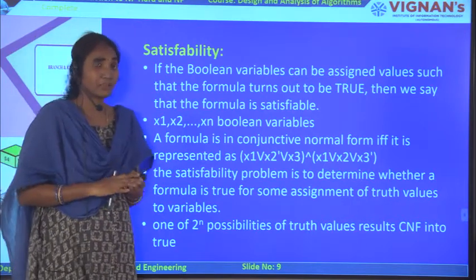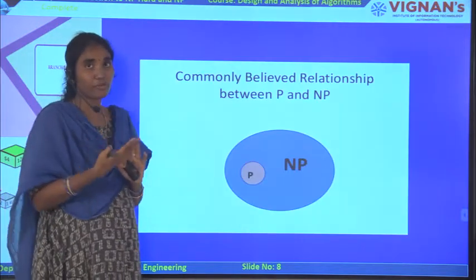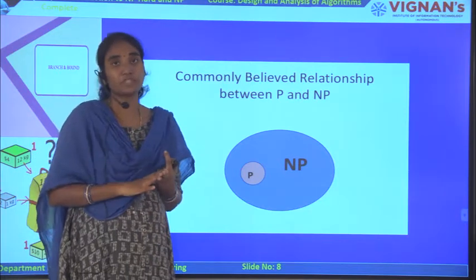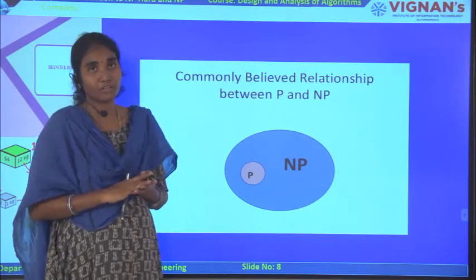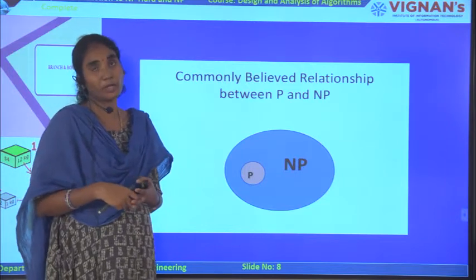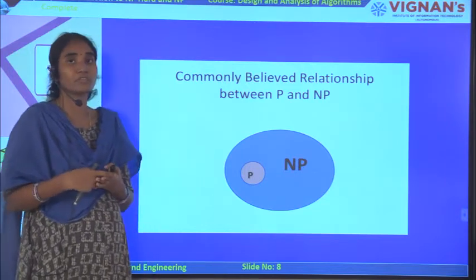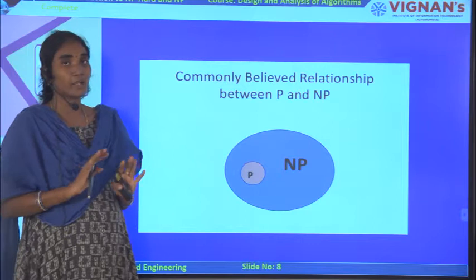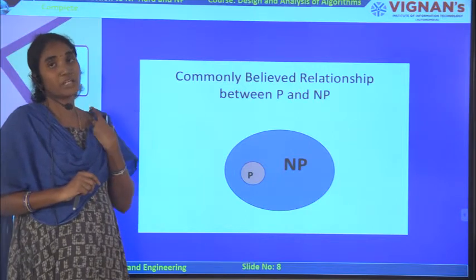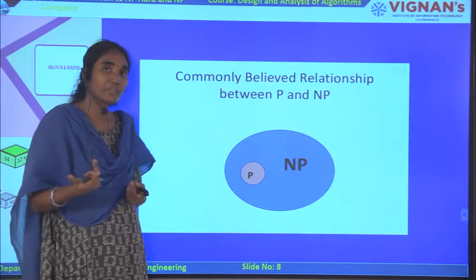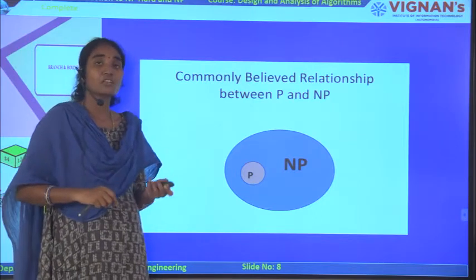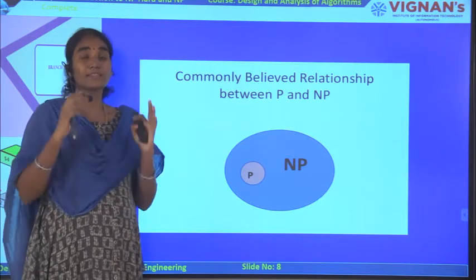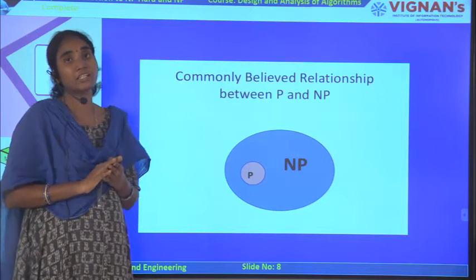Now satisfiability. So what is meant by satisfiability? Before going to satisfiability, generally the solution which we want to give with the help of, for example, dynamic programming. In dynamic programming, how are you giving your solution? In terms of a tuple solution, that is 1 0 1 0 1 0 1, right? Likewise you are giving a tuple solution in terms of zeros and ones, which are nothing but boolean values, right? So here we are using a satisfiability function, and this satisfiability function is basically NP hard, right?